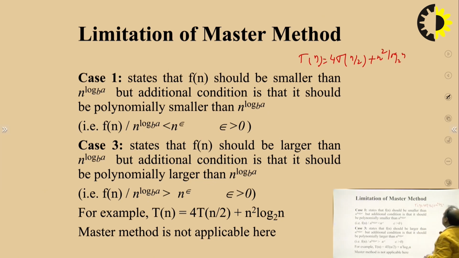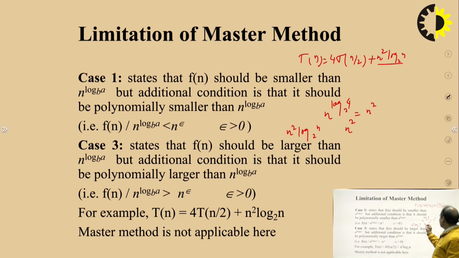If you just check n to the power log a base b, where a is 4 and b is 2, this is actually n². So F(n) is n² log n, and it is very easy to check that case 1 is not going to be applicable on this recurrence